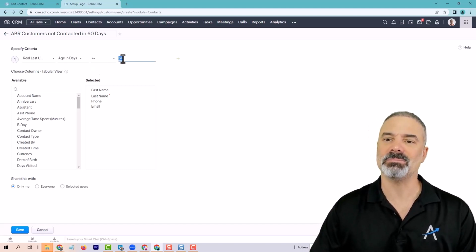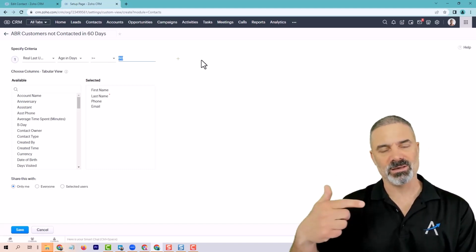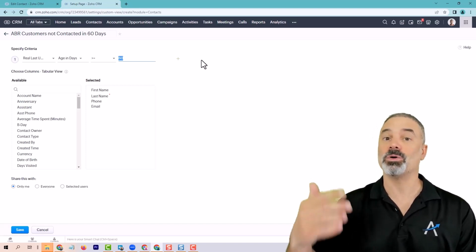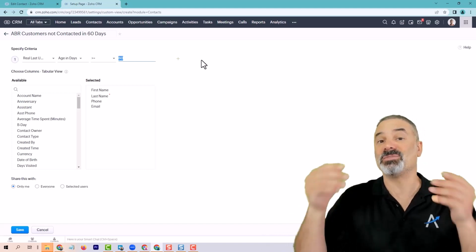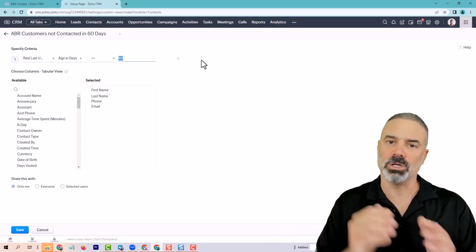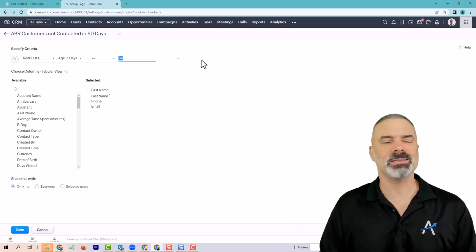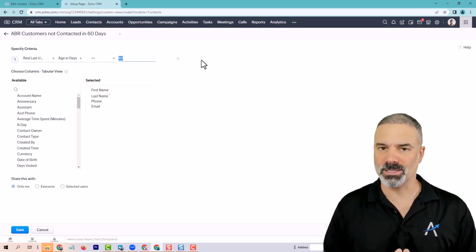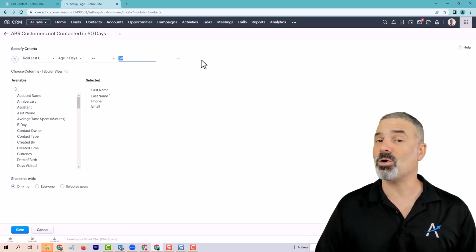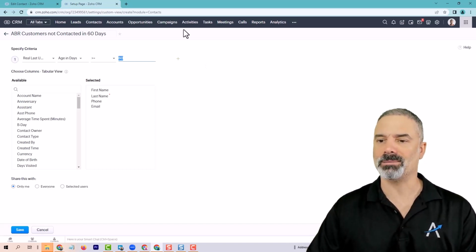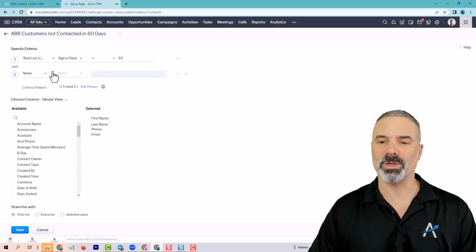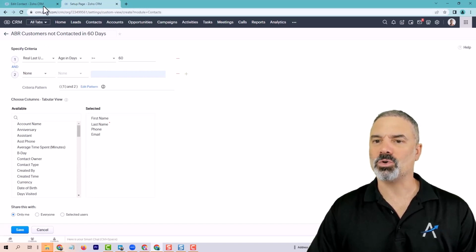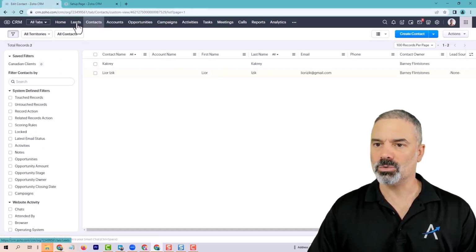The 60 means how many days after the connection I want to be reminded again. So let's say that if today I call John, for 60 days John will not be on my list. But when the 60 days are over, John will pop up again, and I will show you in a second. Next, we need to have one more thing. When you're installing the system, and let me show you,